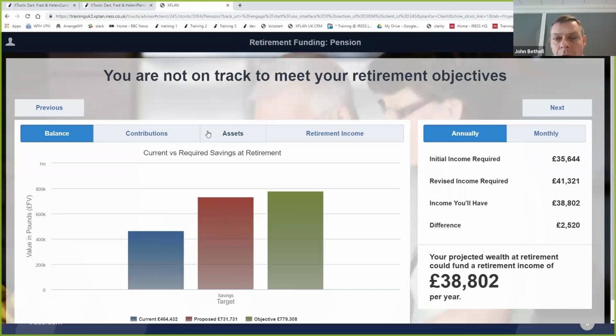So really to conclude there, we have the main cash flow tool, but we have a number of other tools that are quick and easy to use, that are designed for you to just have single areas. So for instance, if you just want to do an inheritance tax calculation, if you just want to do some pension planning, this one I think is particularly good because of the interface that we have within Engage and the touchscreen ability.